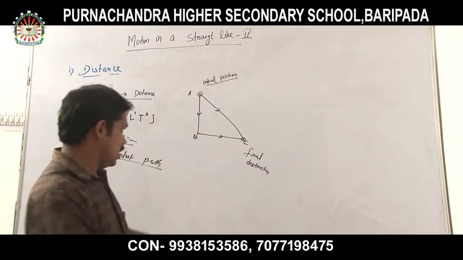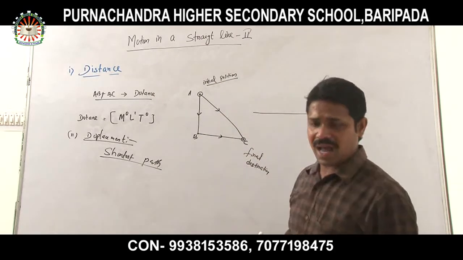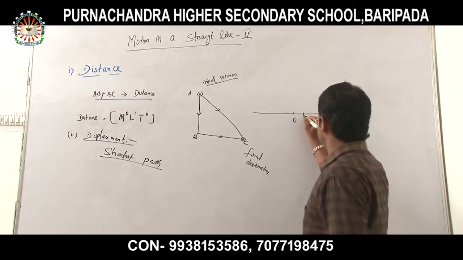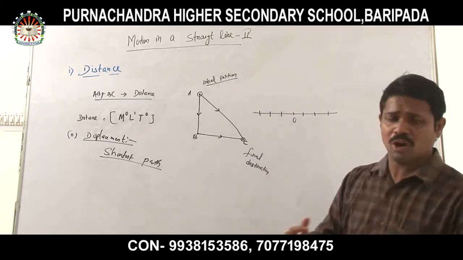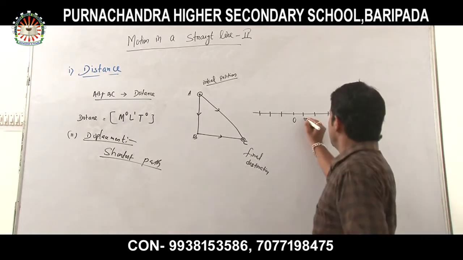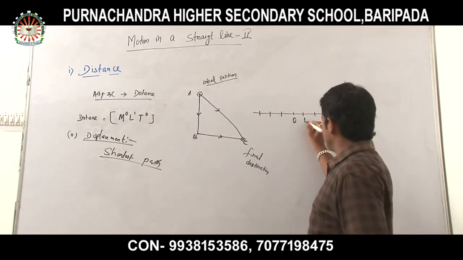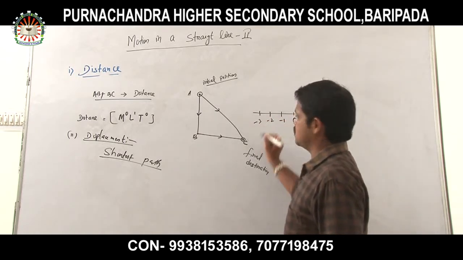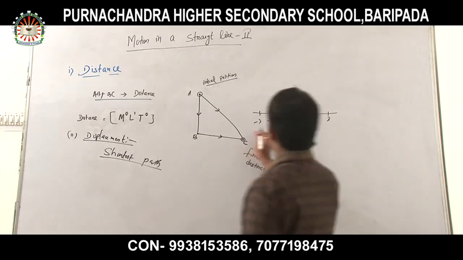For example, look here very carefully. Suppose this is a number line, and this is your origin. Now I will name it in this manner. All of you know that on the number line, to the right of the origin, this is 1, this is 2, this is 3, and this is -1, this is -2, this is -3. All of you know that. So this gives us the positive value, and this gives us the negative value.